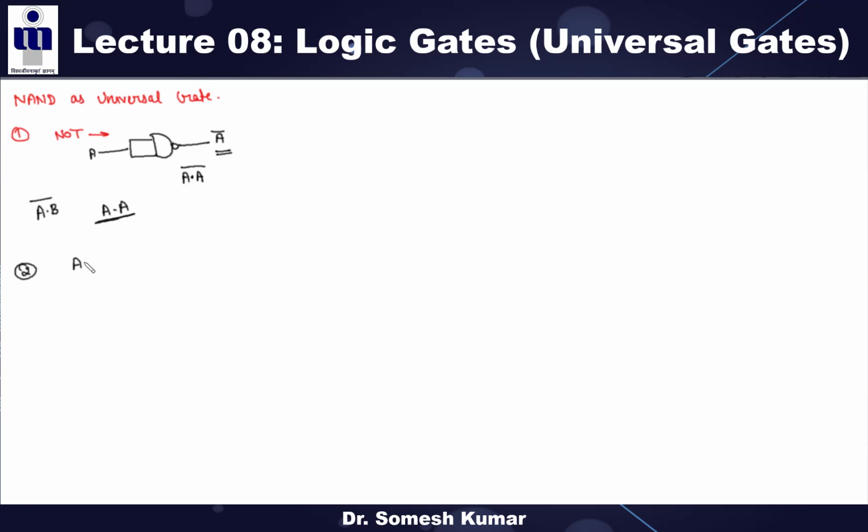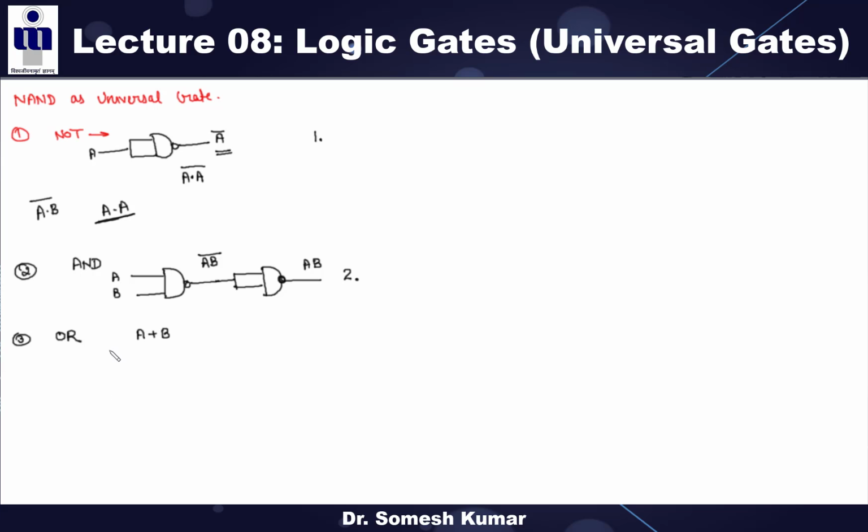How can the AND gate be designed from the NAND gate? Can you tell me? The input is AB, right? So what is the output from this NAND gate? AB bar. Then use NAND as a NOT, so what is the output now? AB. Clear? So how many NAND gates are needed for the NOT gate? 1. How many NAND gates are used for the AND gate? 2. Now we will discuss the OR gate using NAND.